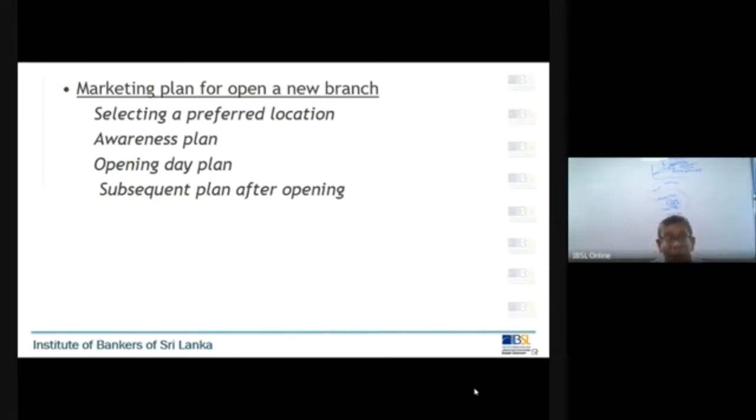So now you have identified the location. Now what are you going to do? Now you need to carry out an awareness plan. You need to communicate to others that you are going to have an established branch in Kandiya. I'll give an example. That is your marketing plan, right? How can you do it? For that, you need to carry out a marketing campaign, right? Sometimes usually what happens, the head office people or branch operation people, we identify 10, 6, or 5, 7 people who are going to be the manager,